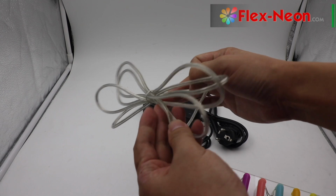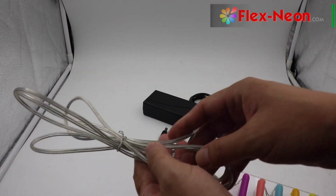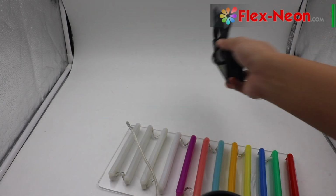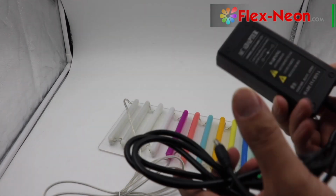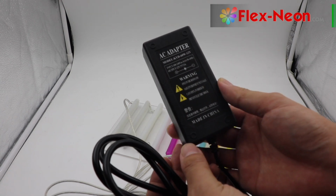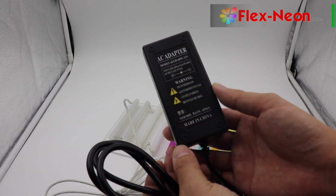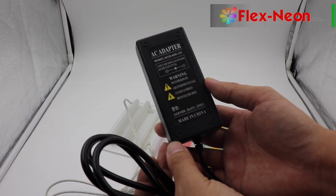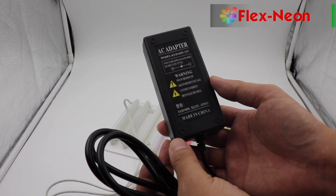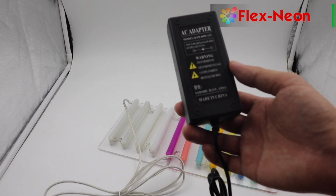You could see, and this is the DC adapter. And for this simple kit, we also will attach the one-piece AC adapter. The input voltage is 100 to 240 volt AC, 0.6 A, 50 to 60 Hz. Output is 12 volt, 5